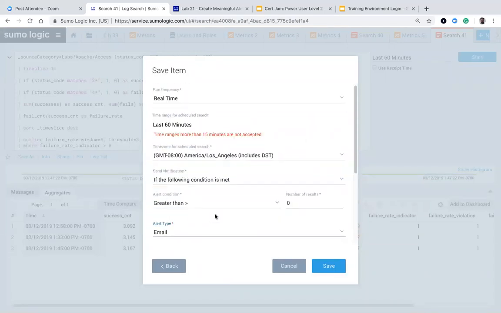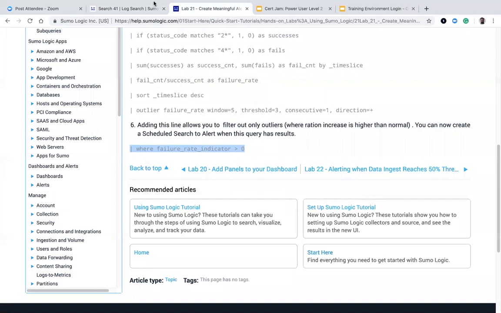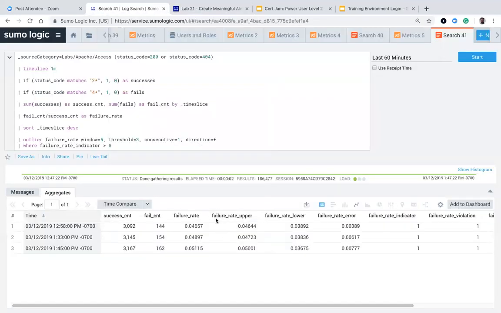And what I've done is I've now created a meaningful alert, which allows people outside of Sumo Logic to know that, hey, the failure rate is greater than what's expected. They can go ahead and fix it. Maybe they need to stand up a new web server or whatever they need to do. And they didn't even have to log into Sumo Logic to get that information. And so that's where that meaningful portion of that meaningful alert comes out, is that you can notify them of something as well as give them an indication of what is going on. In this case, the failure rate is greater than what should be expected,